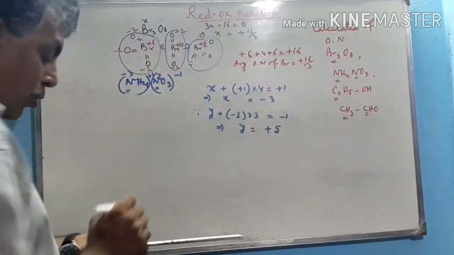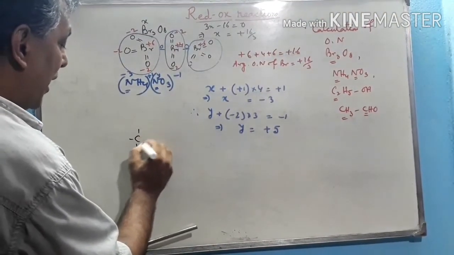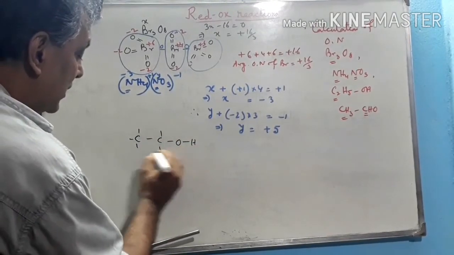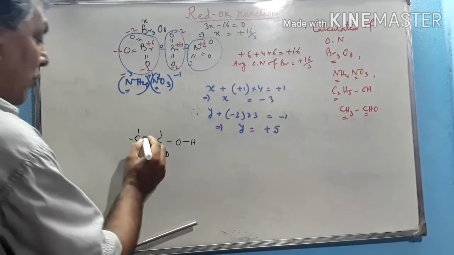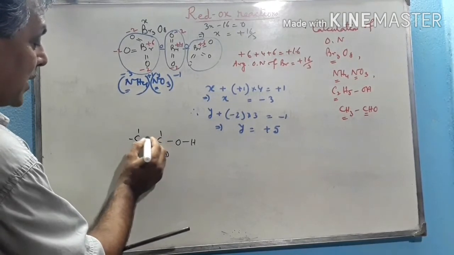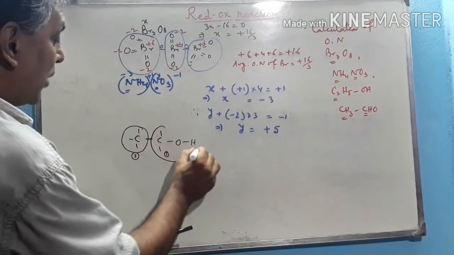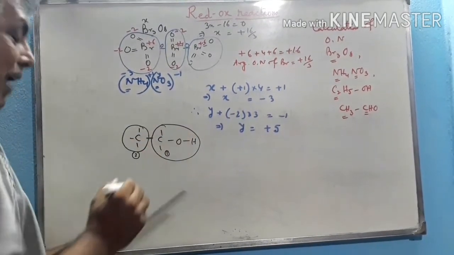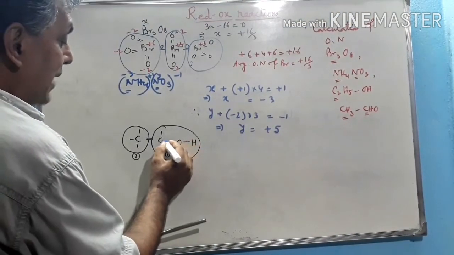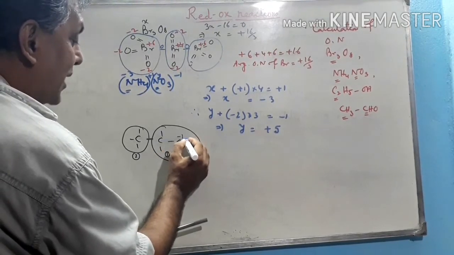Again in case of C2H5OH, see this C2H5OH. This is the structure. This is the first carbon, this is the second carbon. So we have to first find out, this is the sigma bond, so through this bond the oxidation number becomes 0. So separately you have to calculate the oxidation number of each carbon atom with respect to these two fragments. Now first in case of first carbon, this carbon is attached with oxygen through only one bond. That's why for this bond oxygen occupies minus 1.